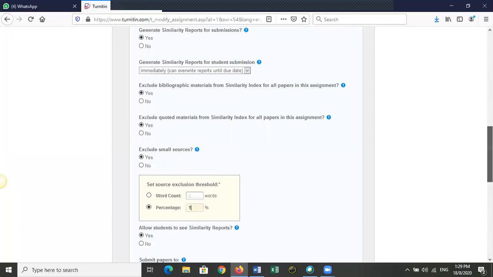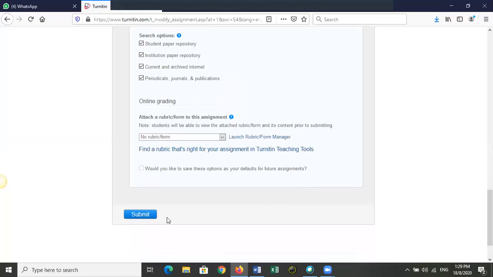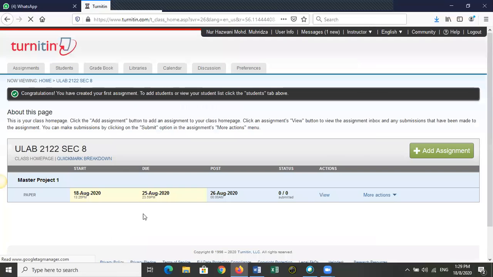And if there's nothing, or you have made your changes, then you can click on submit. When the students log in, they will be able to see this. This is the title of the assignment submission link, okay? And then they would have an upload or submit button here, okay? So you can still edit your setting,